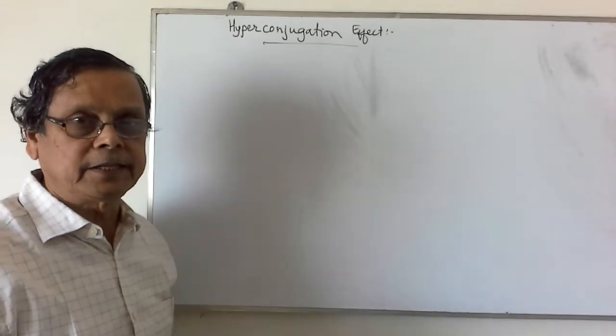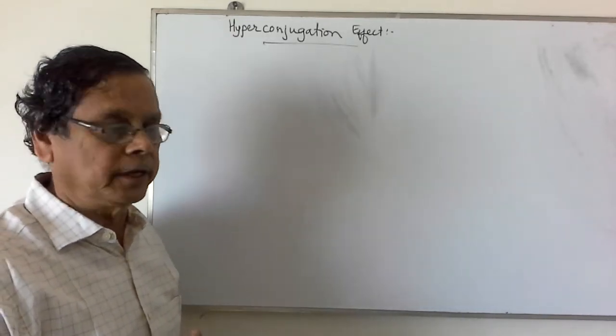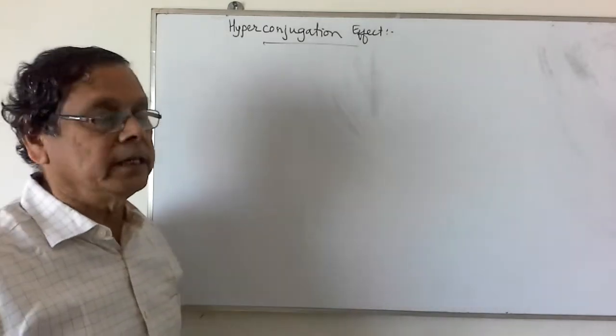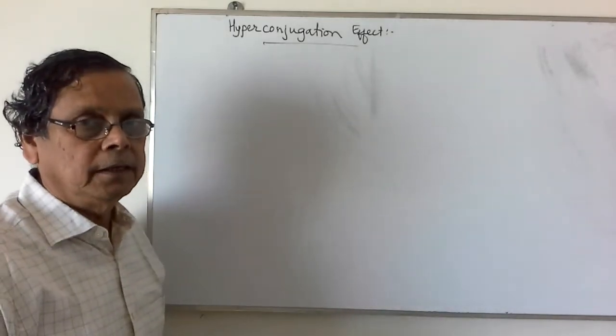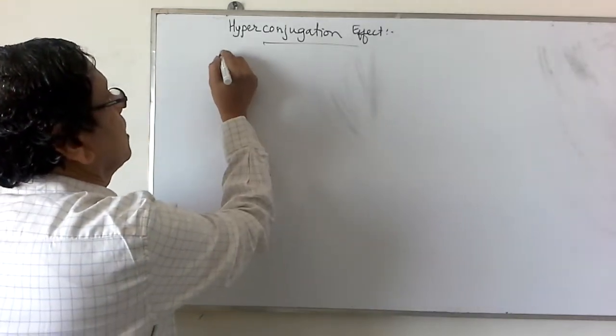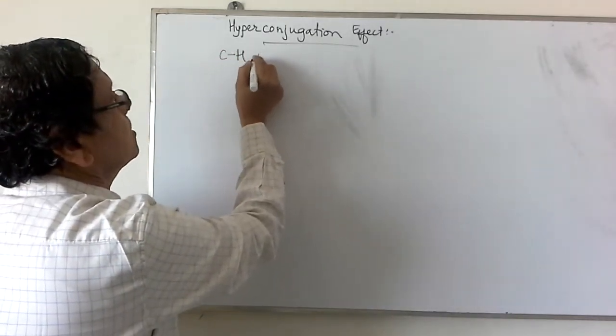The electronic effects of the first year basic organic chemistry. The last electronic effect that we are studying is the hyperconjugation effect. In this hyperconjugation effect, we consider the carbon-hydrogen sigma electrons